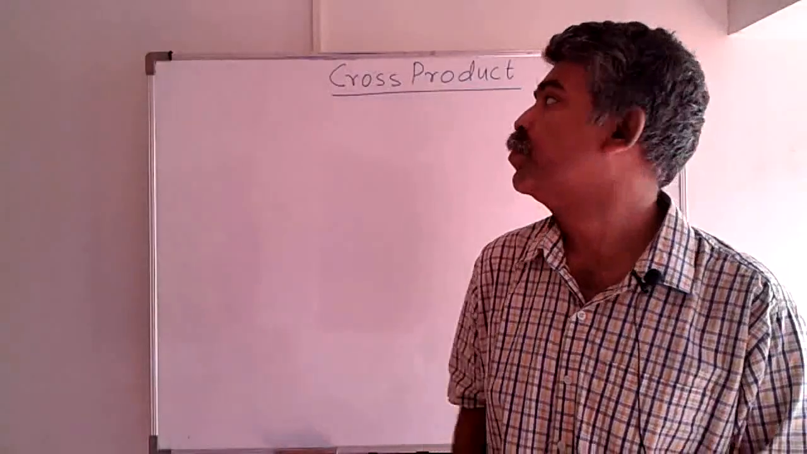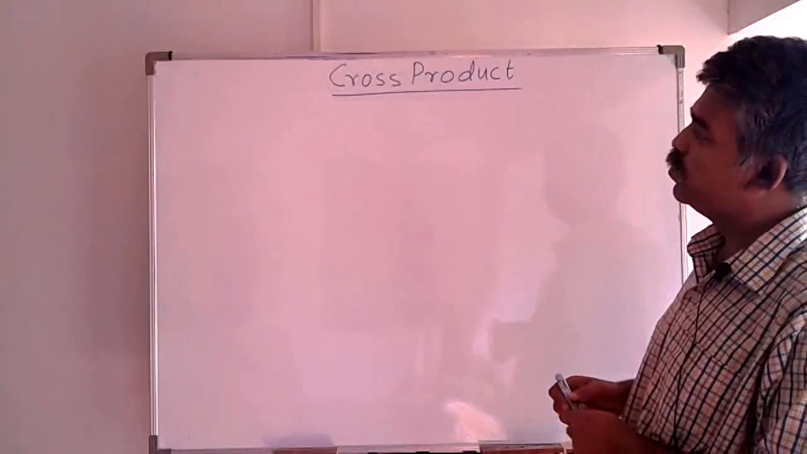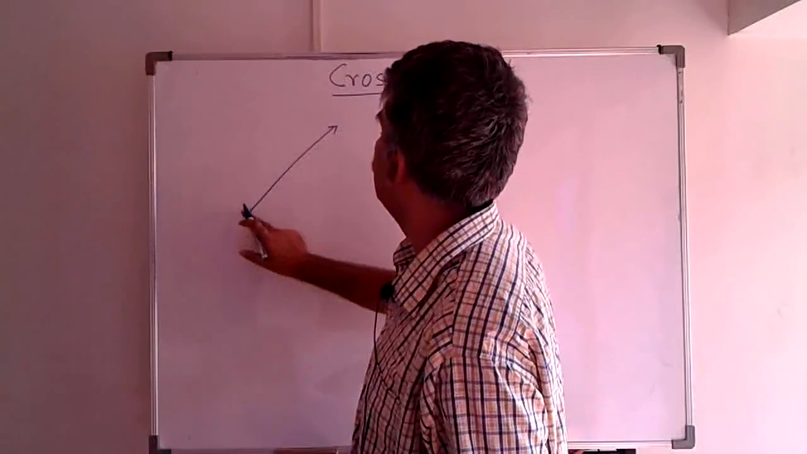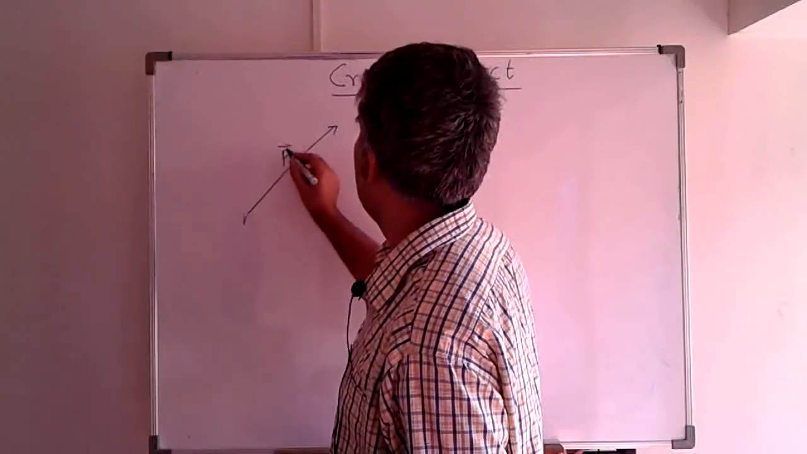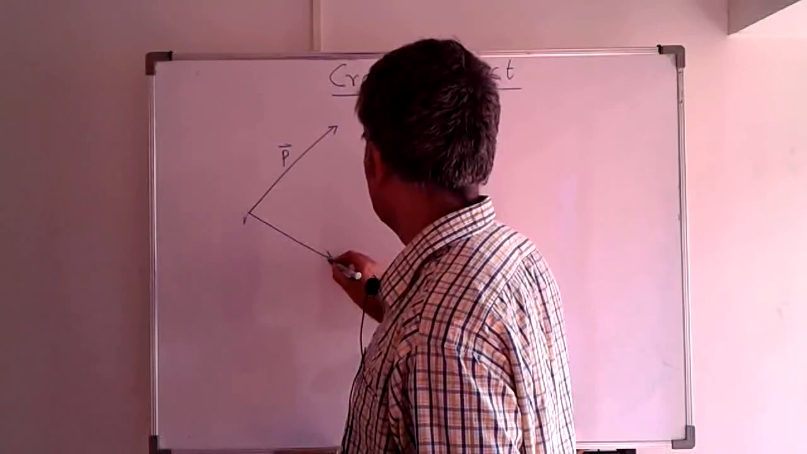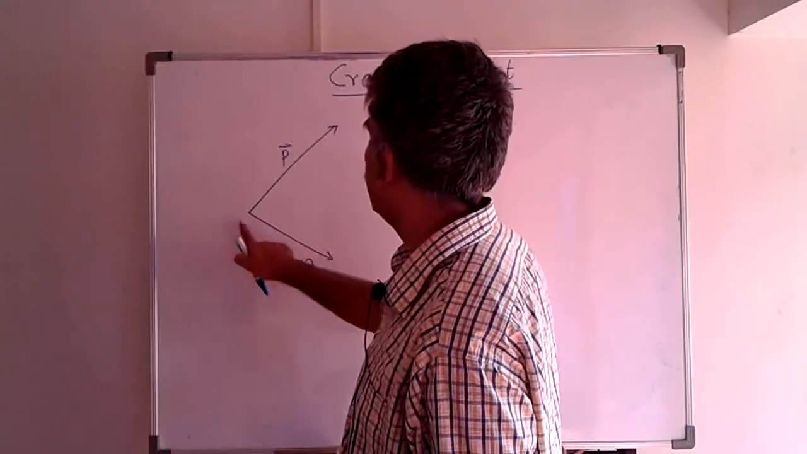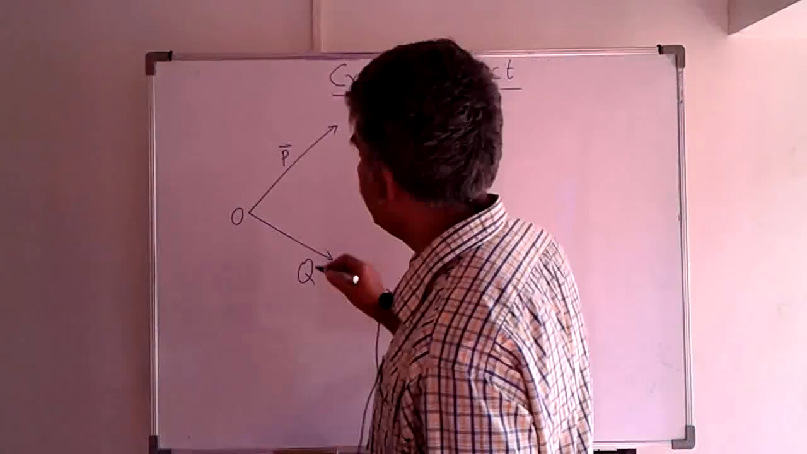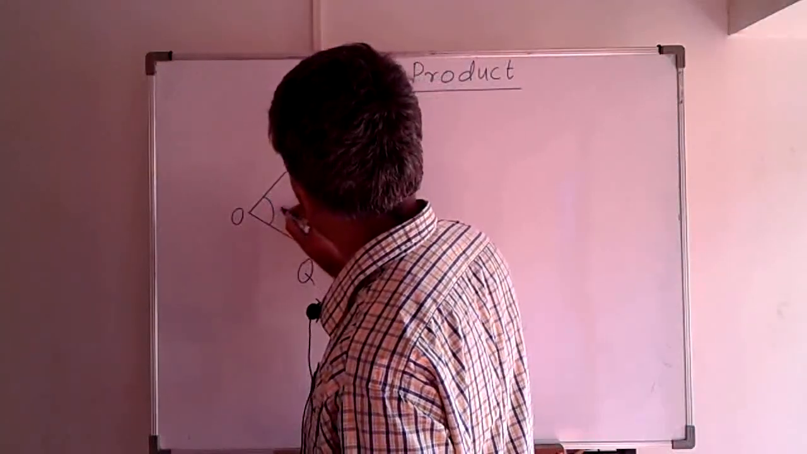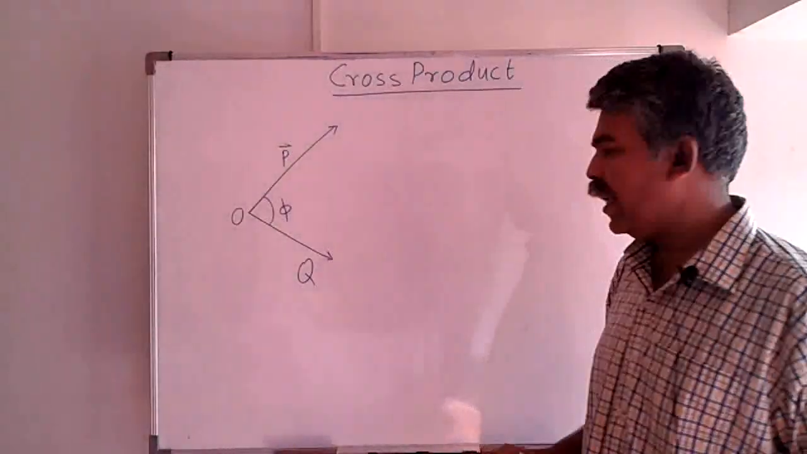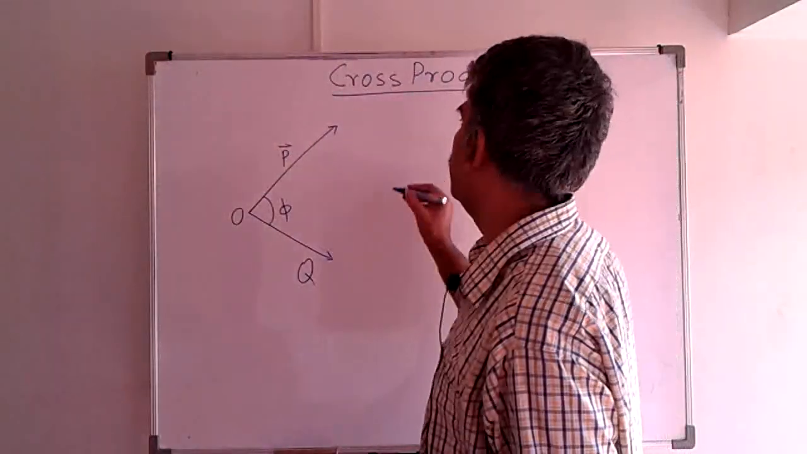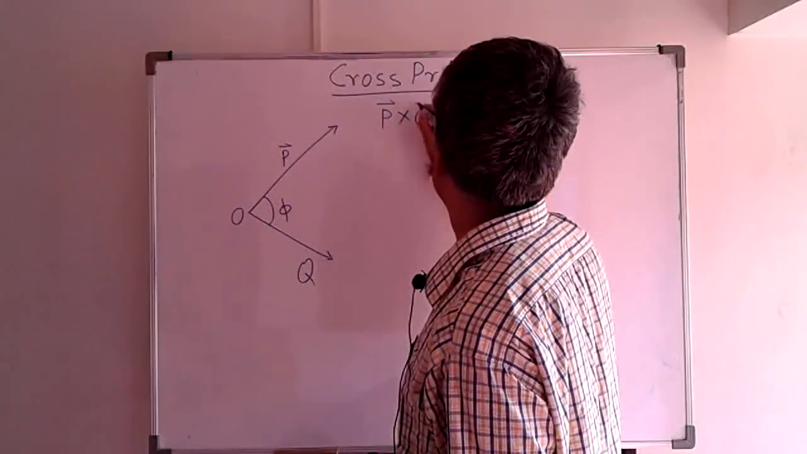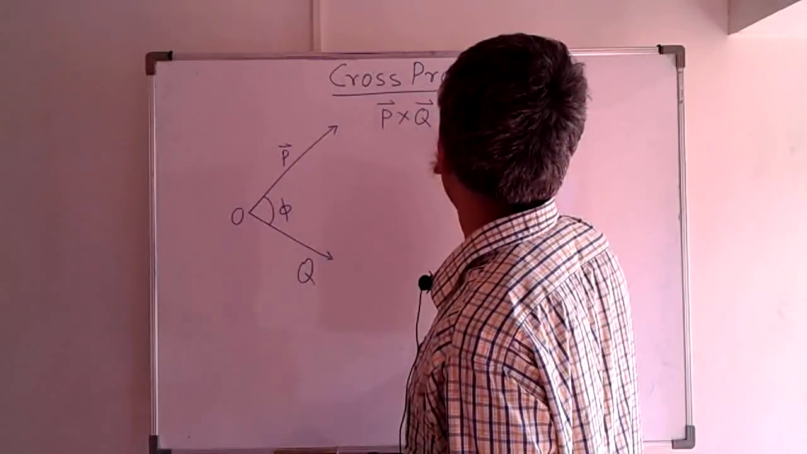Cross products. Cross product of two vectors. Suppose this is a vector P and this is the other vector Q, originating from the same point. Suppose this point is O and the angle between them is phi. Then cross product of P and Q is defined as P cross Q is equal to magnitude of P